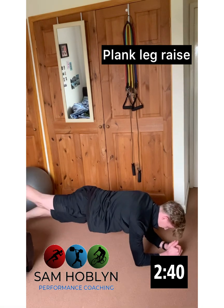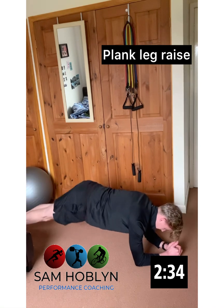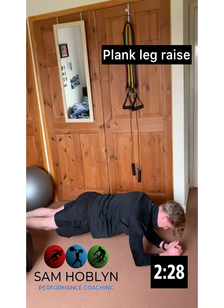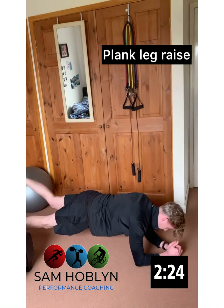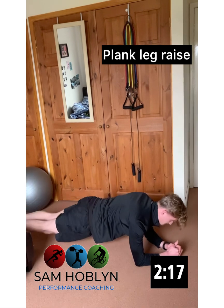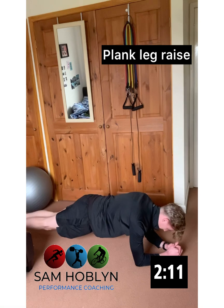Yeah, pretty tough. So let's try and keep our hips in line with our shoulders, and try not to let them raise too high, because that makes it a little bit easier. So let's try and keep the hips nice and stable. Let's say just raise 1 foot off the ground. Just changes the tension through your core. 15 seconds to go. Not very long left. And we'll get into our penultimate exercise,